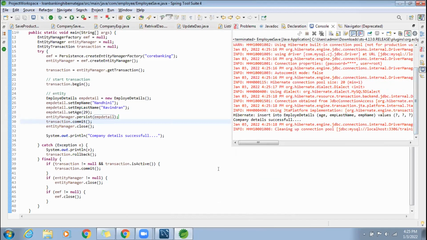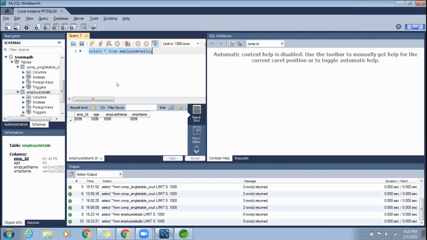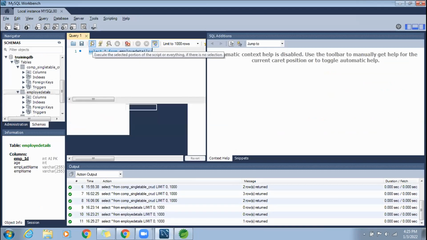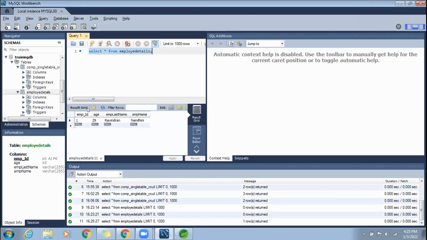See, insert into employee detail, now you got it, right? Go to your database and see the value. Okay, you got it, right? 129 Ravichandran and Nandini. Yeah, you got the value, right? Store another record.